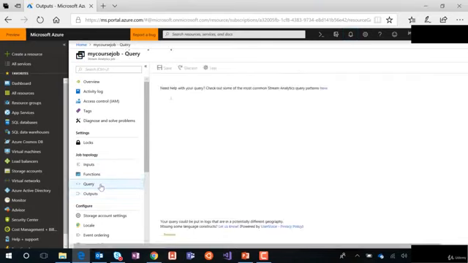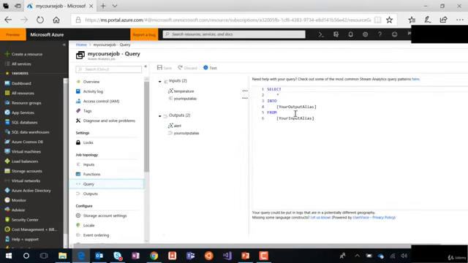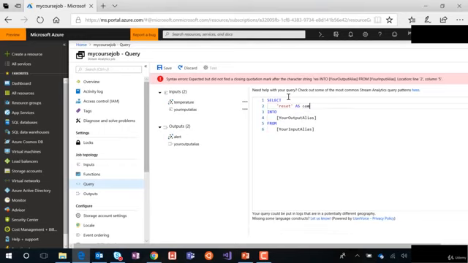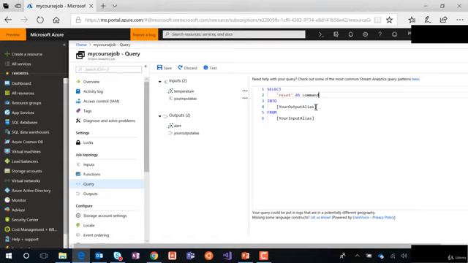We can choose query, and we will have a default text shown here as we can see it, which is a query, select into from, and we will use this in order to have a route on our Azure Stream Analytics. And I will add here a small query. I will select reset as command, and it will be into the output alias we chose, which is, as I named it, alert, from the input alias I chose, which is temperature. Let's write it correctly, and I will do a timestamp by